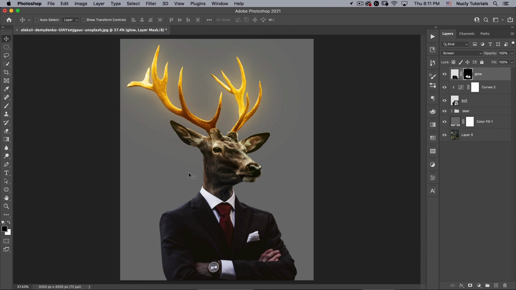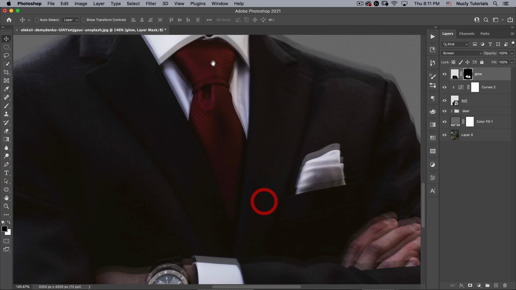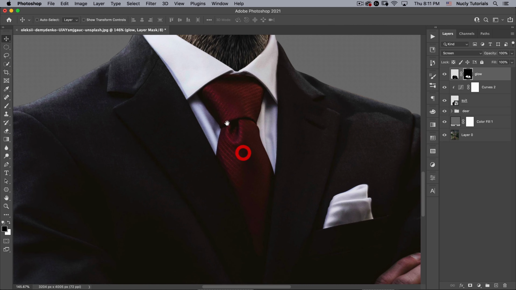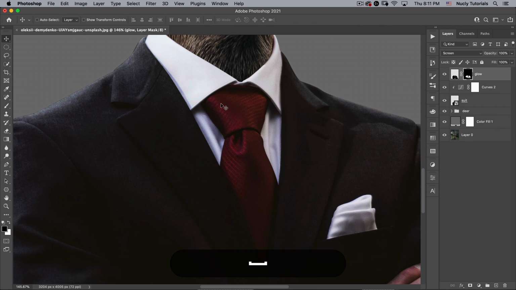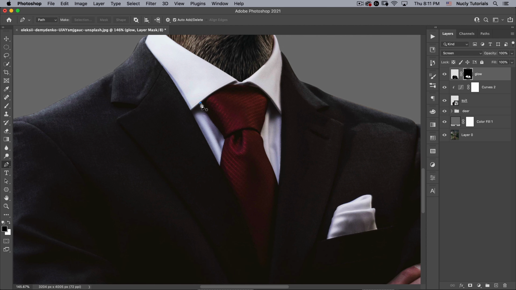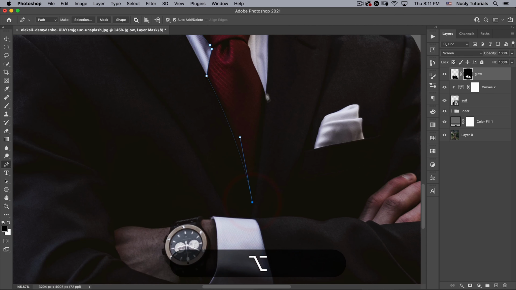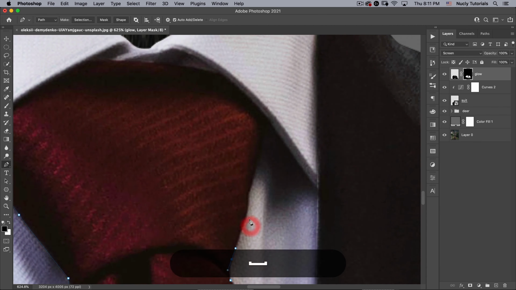Okay. Next thing I want to do is make this tie match up with these. Now, pretty easy to do that because I already have a gradient map of those colors. So what I'm going to do is just select my pen tool and select out the tie.